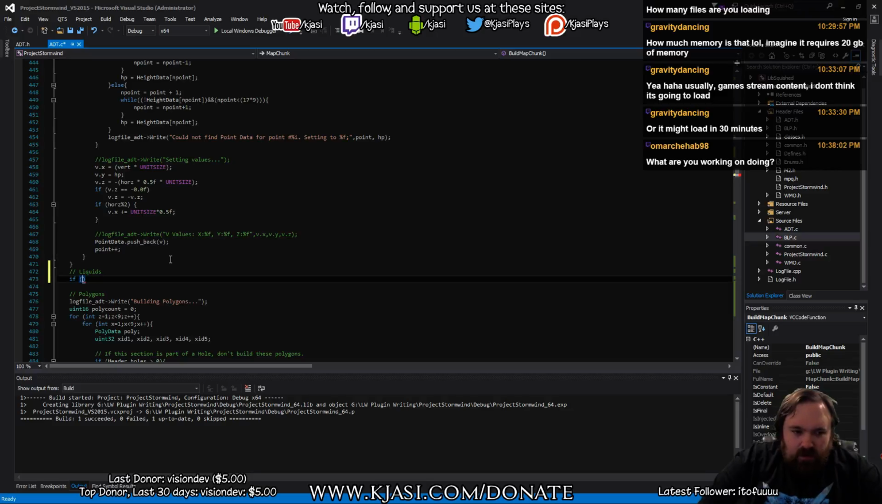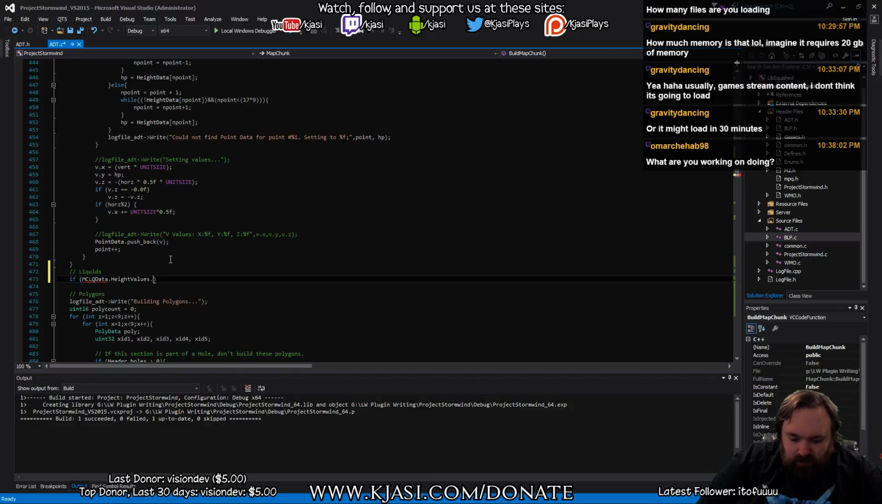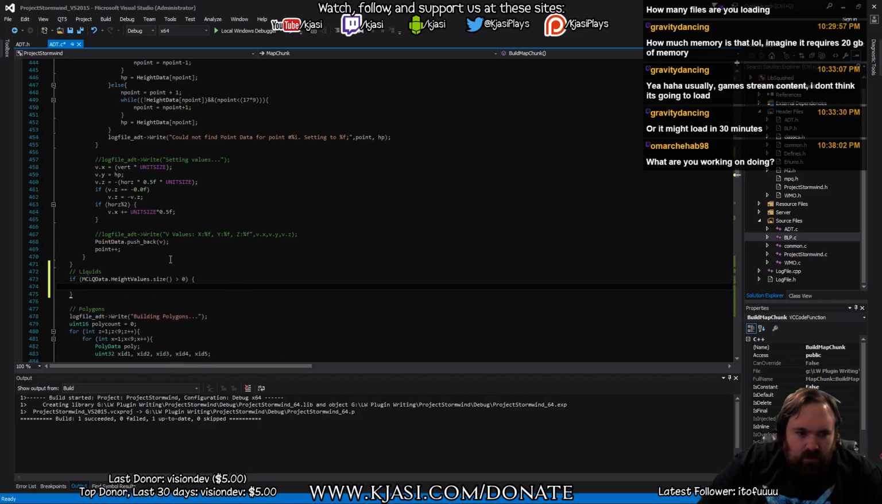Now let's do this. If MC liquid data height values size is greater than 0, all right, so let's start by